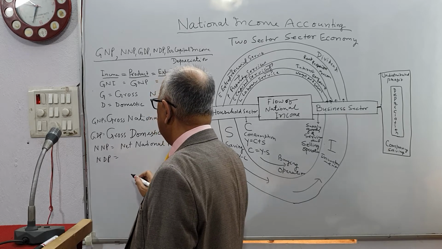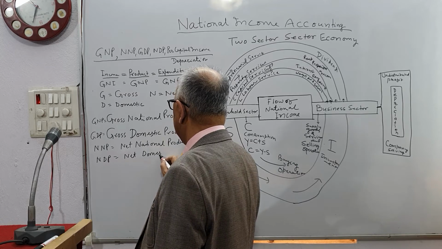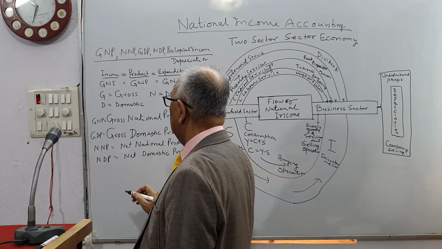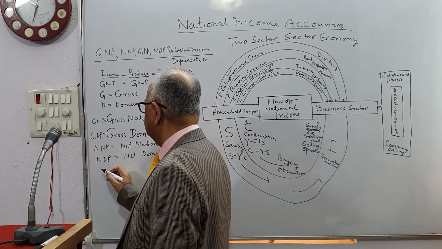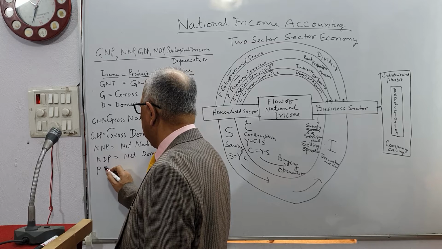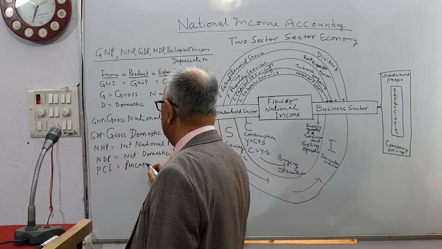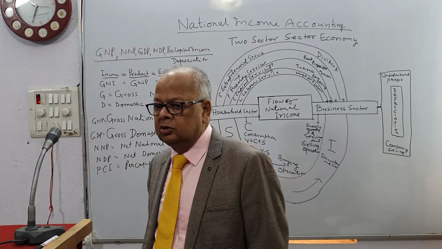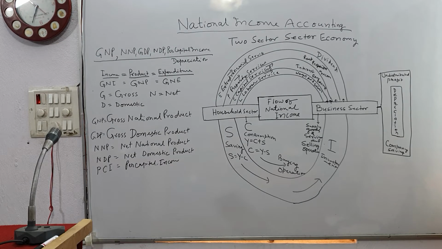NDP means net domestic product. PCI, per capita income. So these terms are most important terms which will be used in the